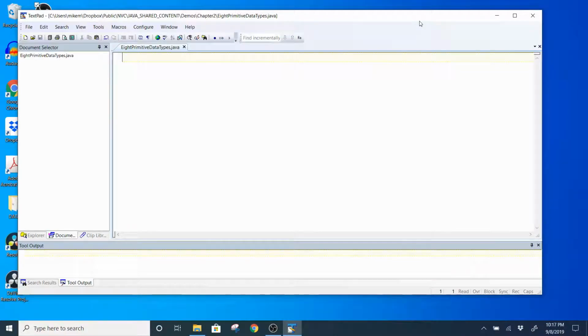Now that we've learned about the 8 primitive data types, let's go ahead and start using them in code. As you can see, I've already created a Java file called 8 primitive data types. So I'm going to go ahead and create the class: public class 8 primitive data types, open close curly braces,